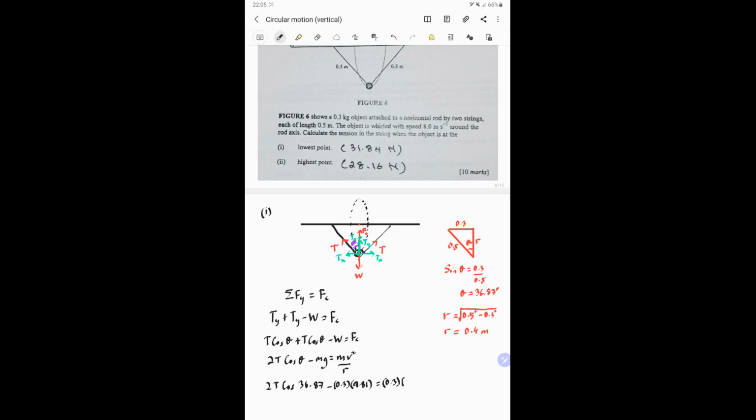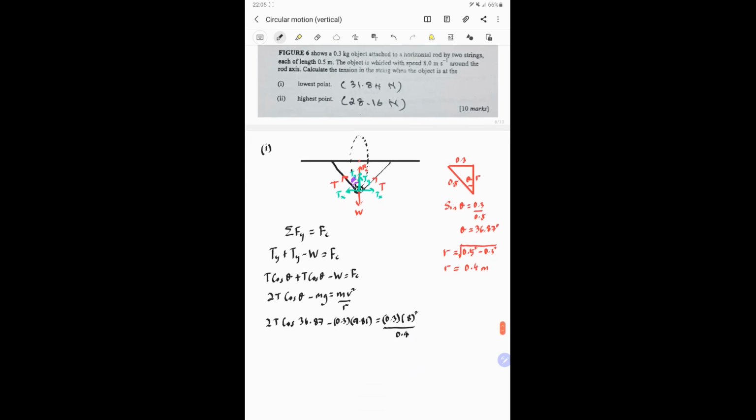The speed given now is 8 meter per second. Don't forget squared over r. r is the radius of the circle calculated before, so r is 0.4. Okay, so giving you the tension equals, what is the answer? 31.84